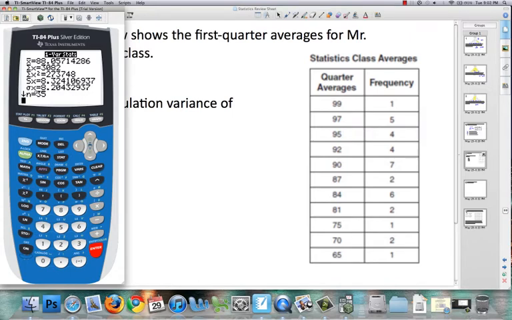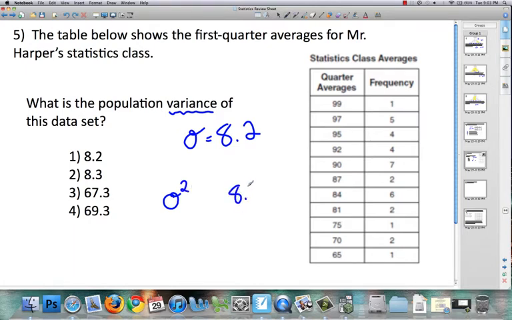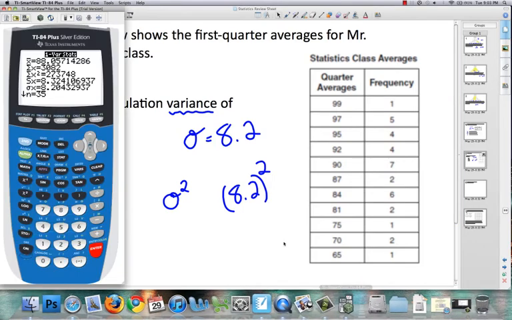Okay, our population standard deviation is right here, 8.2. So our standard deviation is 8.2. But the relationship between standard deviation and variance is standard deviation squared. So we are going to need to take 8.2 and square it. 8.2 squared is 67.24,